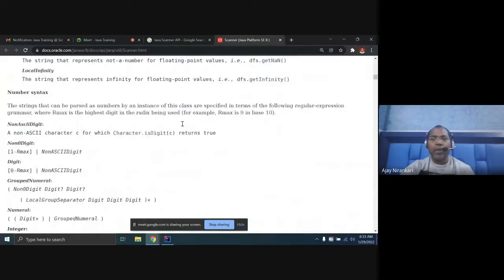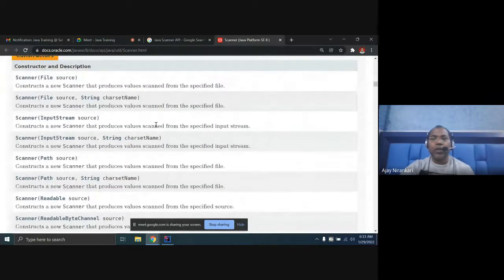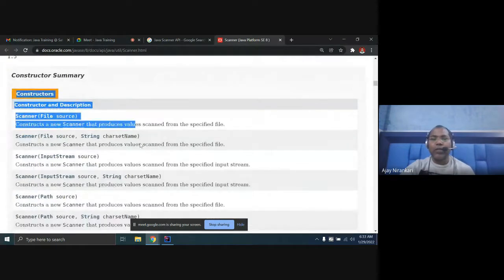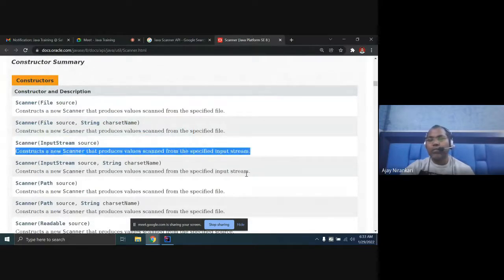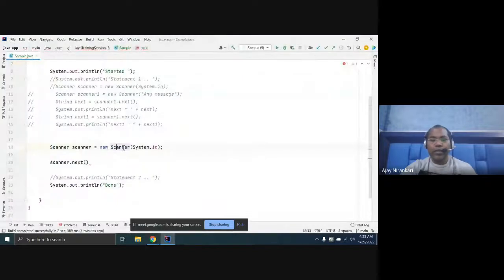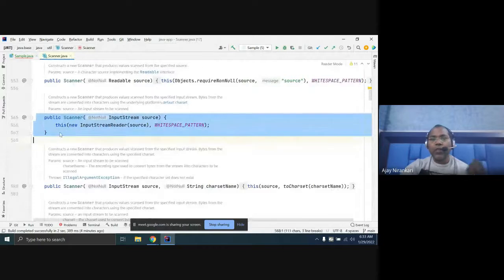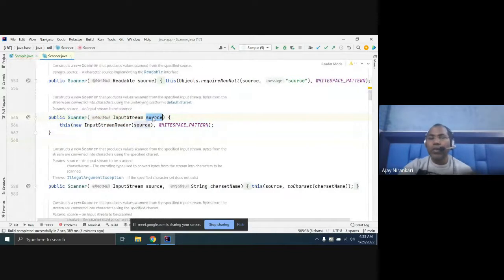Apart from this, go down and you see the constructors. How many constructors can you create? Using a file, using an input stream, which is what we use with System.in. The constructor in the class that takes an input stream object, System.in is one implementation.